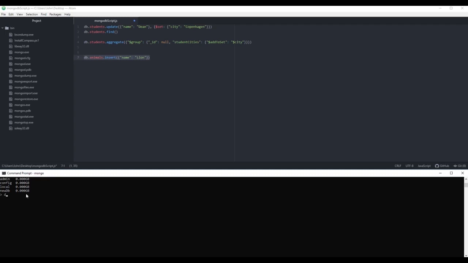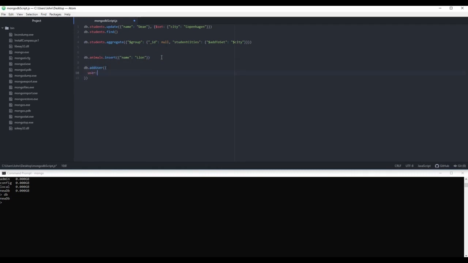So we will say db.addUser, and remember that you have to be in the new DB, and to check that, just type db, and we are currently in the right database, so we can type db.addUser. Again, I should probably do it up here, then it's much easier. So db.addUser, and then we will